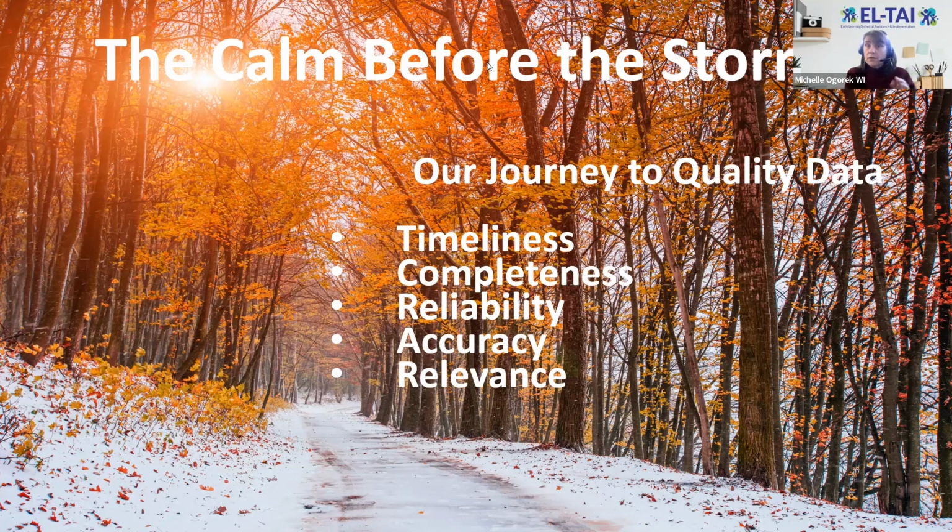So we did our homework. We looked at other states, what they were doing. We looked at pros and cons. We actually connected with national TA organizations to find out what other states were doing in addition. And then actually we got pretty lucky. I think it was DaSy and ECTA came out with a cohort to look at indicator 7 and child outcomes. So of course we applied for that. We were approved. So life was good. We were really ready to jump in, and we of course had not anticipated anything. So next slide.